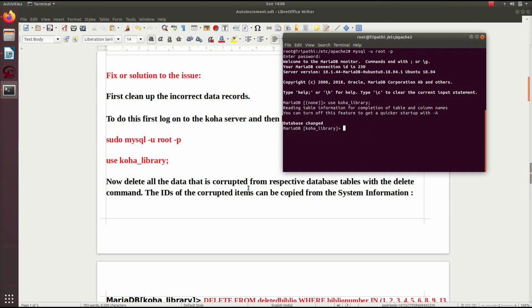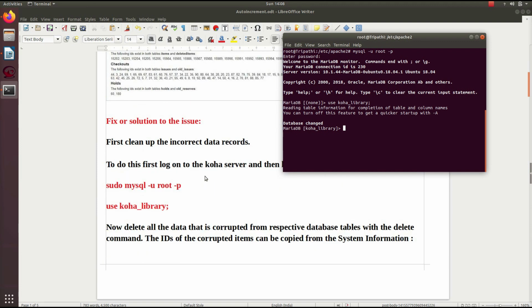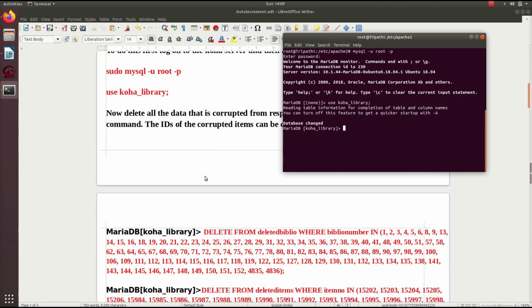Now we have to delete the corrupted record from the respective tables. As I mentioned, I assume that I have to delete this ID 2958 from these two tables. First I am telling you through the command how we can delete, and after that I will tell you how we can delete using the graphical user interface also. Both possibilities are there. Those who are comfortable with commands can easily open the terminal, connect to the database and delete these records. And if you find it difficult deleting from here, you can use the GUI.